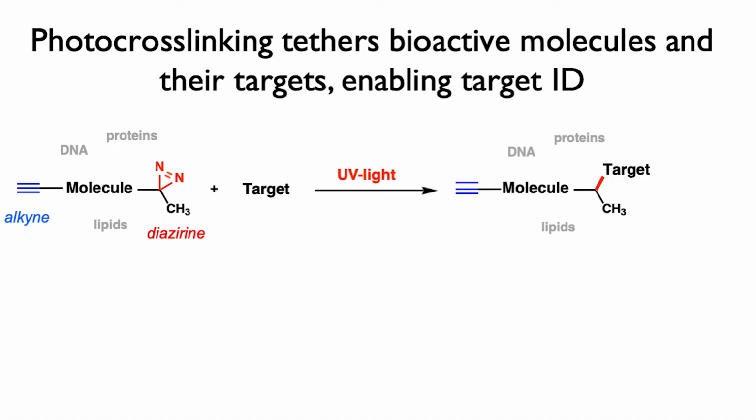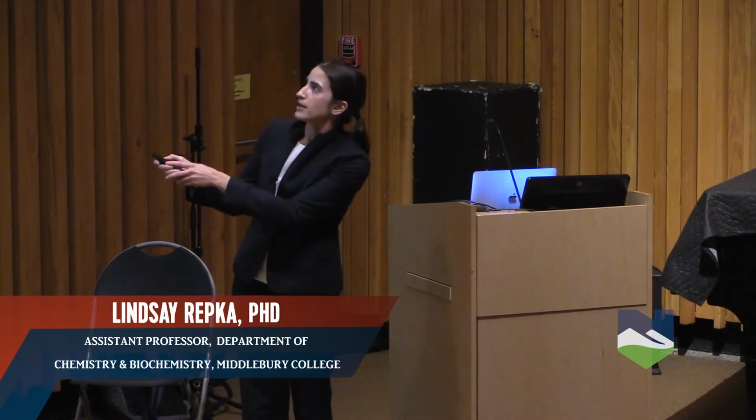All right, so we were here. We've got a molecule that has a diazirine. Briefly, if we imagine a similar process to that affinity purification before, except that now we're doing photocrosslinking, we would have our molecule in a cell surrounded by lots of other molecules that we're ultimately going to have to get rid of. It's going to have that diazirine, that's its reactive group that allows it to undergo photocrosslinking, but it's also going to have another organic handle called an alkyne. And we're going to shine UV light.